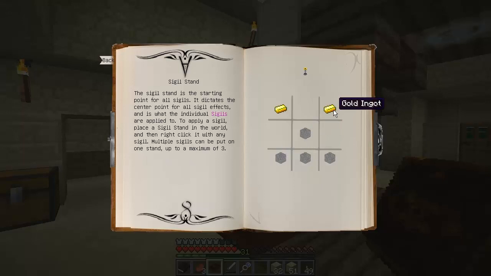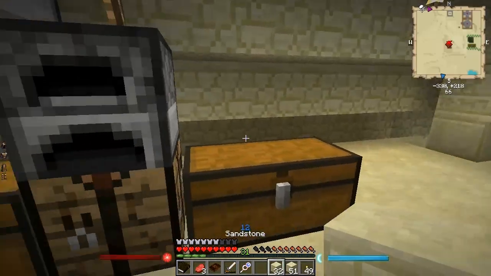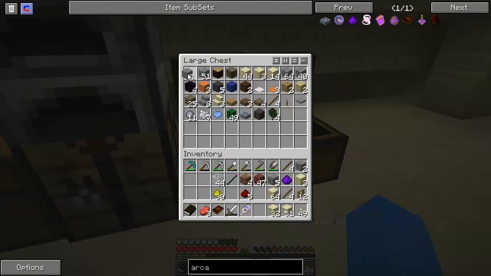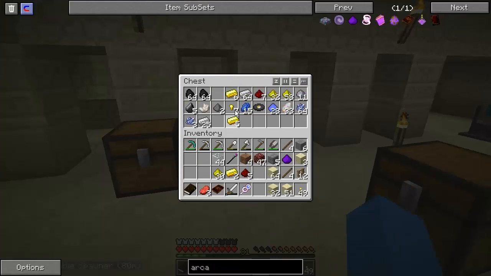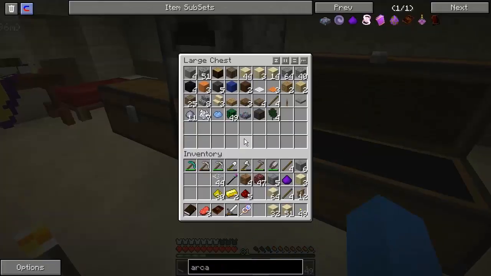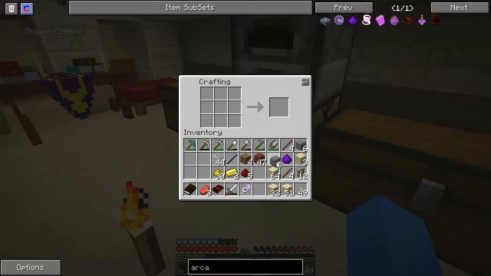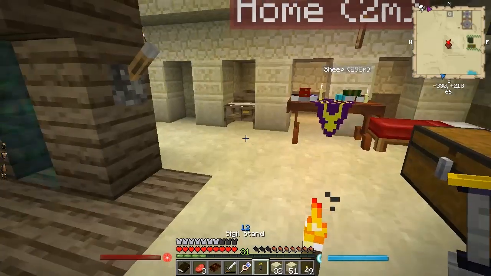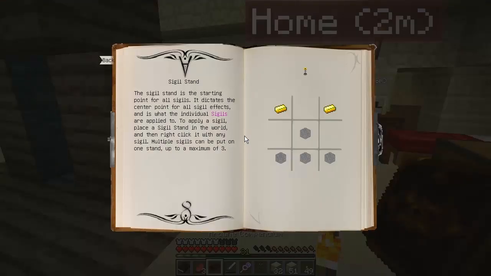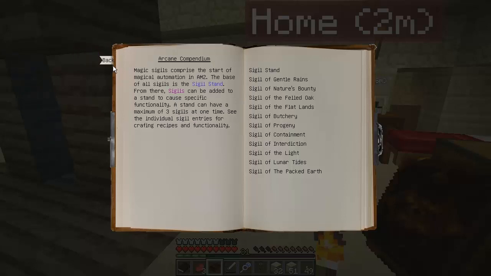So we need 4 smooth stone and 2 gold, not too expensive, that. I do have some, I had some on me anyway. 2 gold, not a problem. Let's pop along and make some stuff. There we are, sigil stand, done and dusted. But the sigil stand itself is not going to be much use because it doesn't do anything. We're going to have to put some